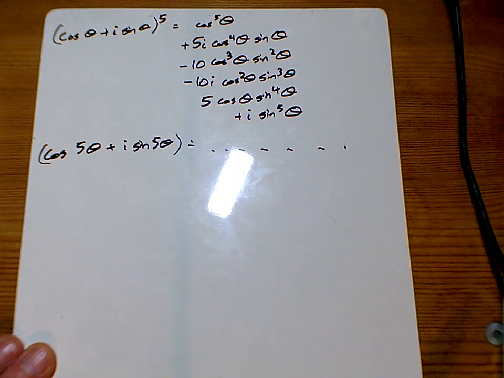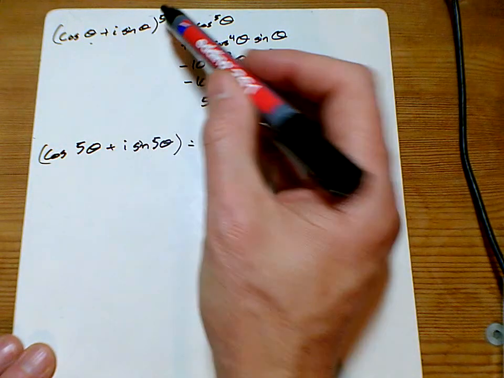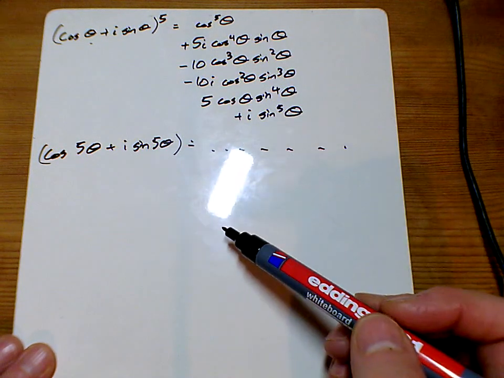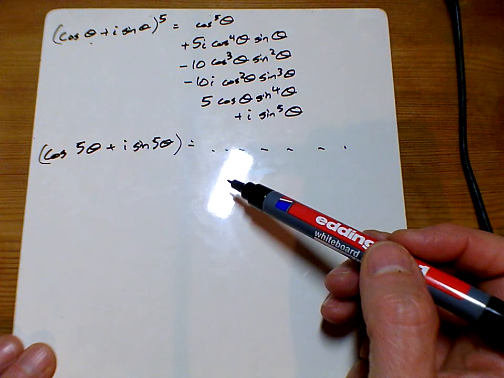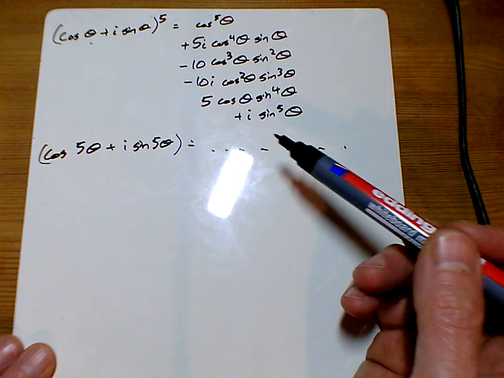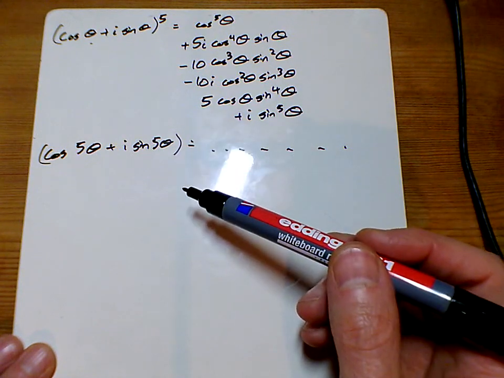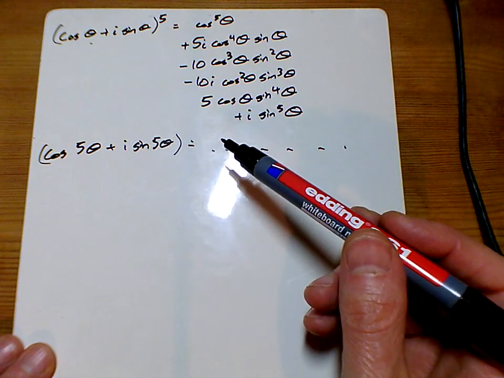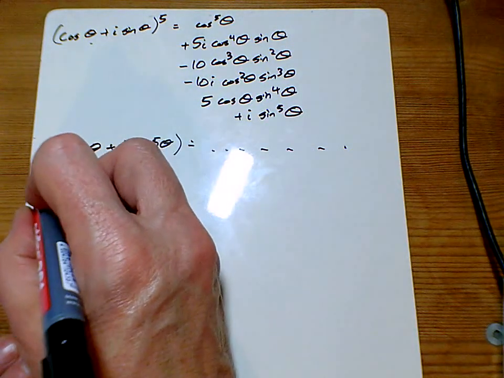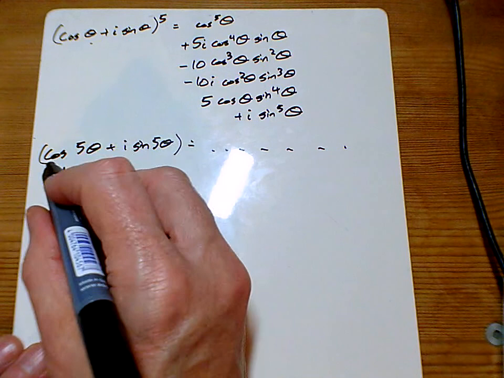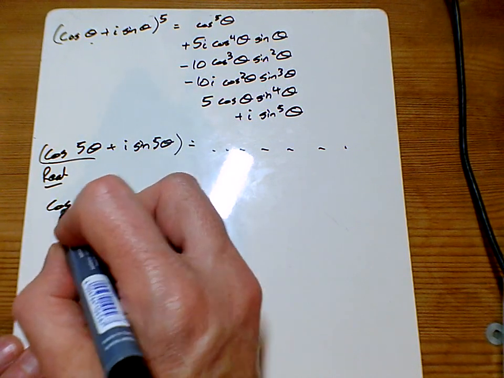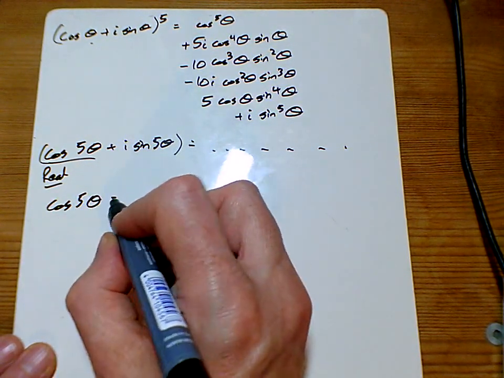Question 2, I've gone back to question 1b where I started out multiplying this out to the power of 5, and I've just rubbed out what was there. In question B, we were looking for the sine part of it, so we took the imaginary part. This time we want the cos part of it, so I'm just going to look at the real parts of this. And so just looking at the real parts, on the left-hand side, I've got cos 5 theta, and on